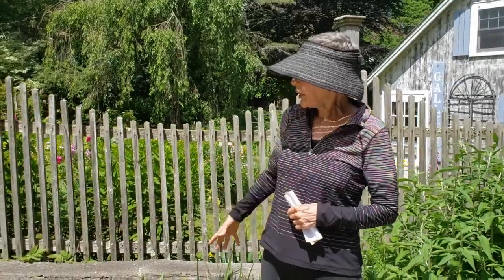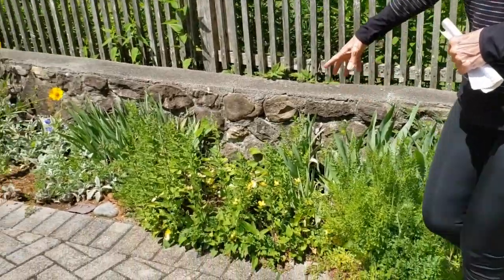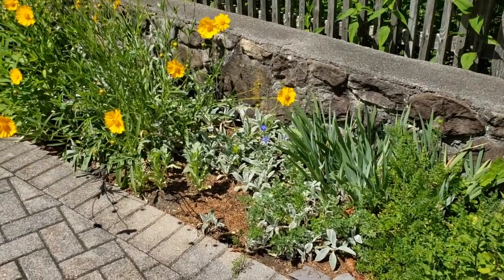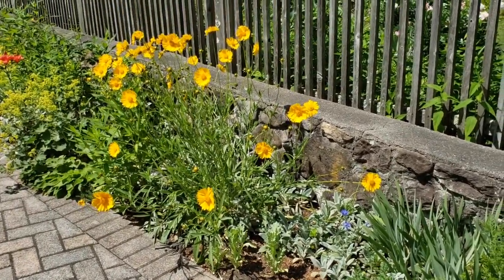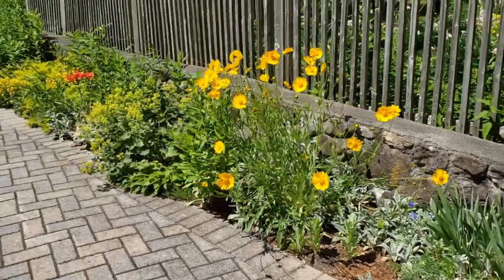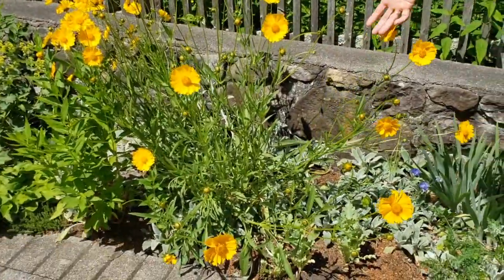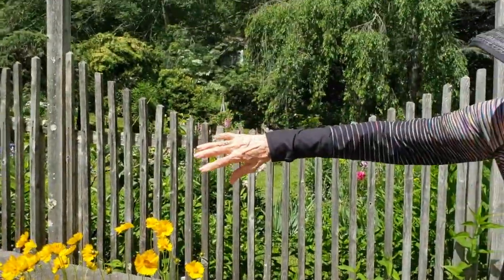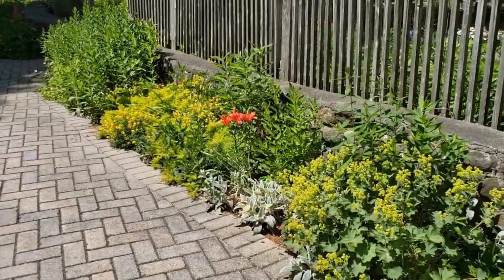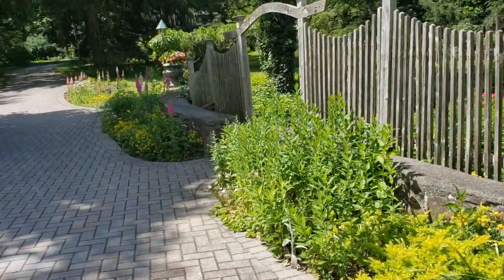Now, other things that I've got in here are the iris, the Canterbury bells, and some Shirley poppies or Irish poppies that grow every year. They're an annual, but they're in with the perennial bed. And then the yellow flowers, which are lovely, have established themselves in here. And then the lady's mantle, some lilies, some more Canterbury bells, some more digitalis, and this one is